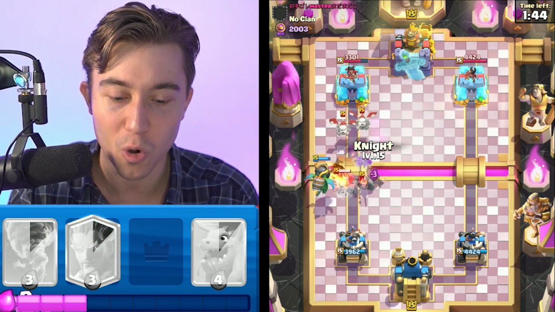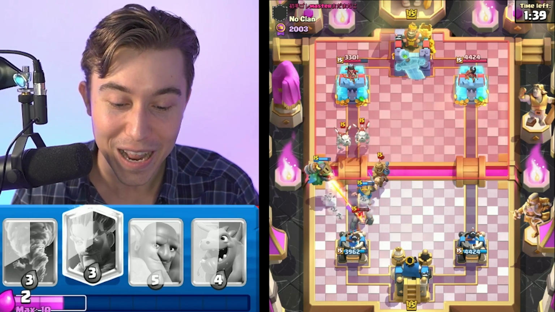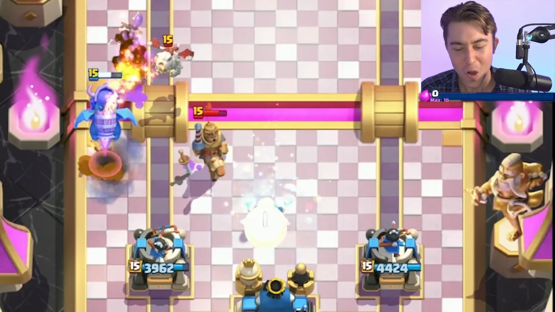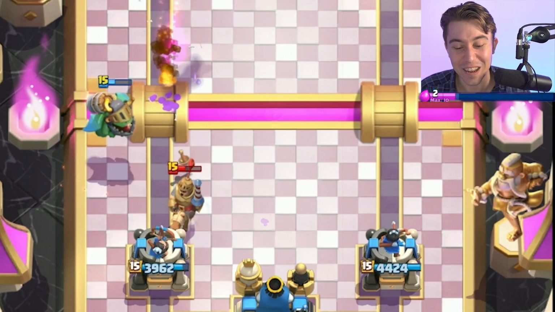The good thing about this is we're also able to go for a Knight. The Golem got pushing back the Inferno Dragon a little bit. So that means that the Inferno Dragon is going to stay in a spot that's protected by our tower. Also, I don't know if this Ice Wizard was good. I don't think so. But as long as the Inferno Dragon stays alive...